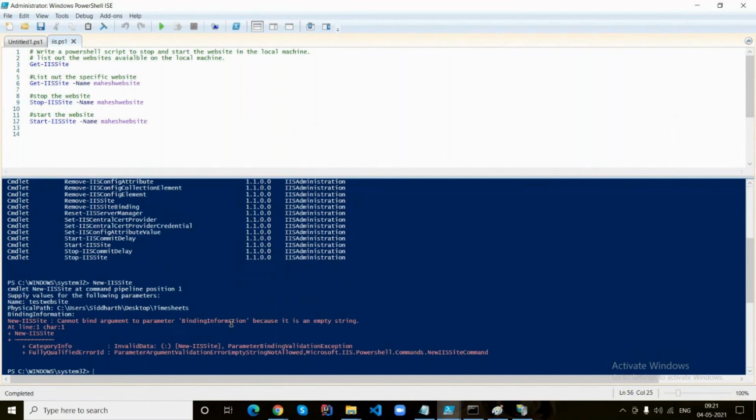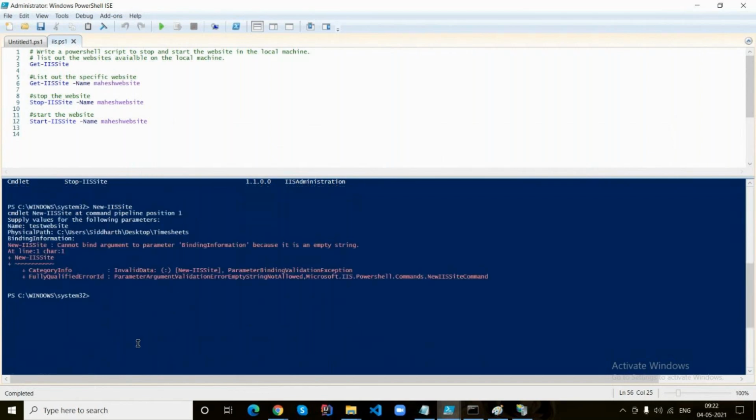As you are not sure what to pass for this binding information, how do we identify what kind of information you need to pass? Simple. First, let us read the information of the website, and then we can pass similar values, or take it as a reference and pass customized values to fix it.